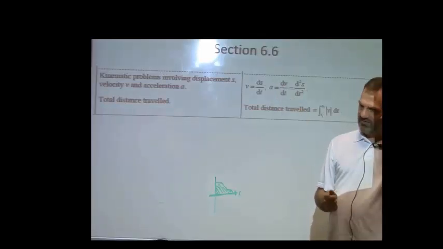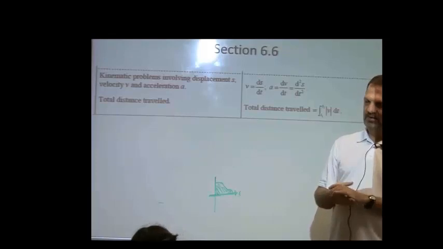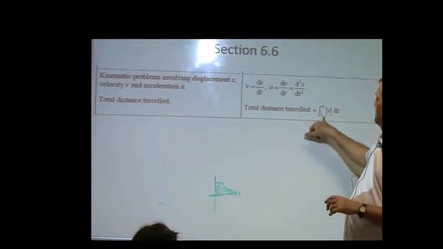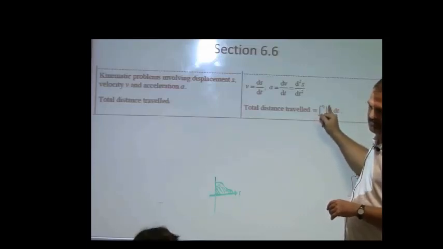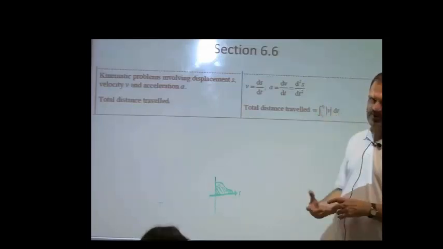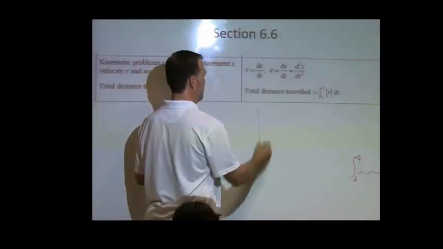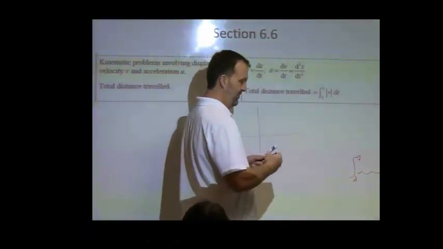And your distance traveled will always be, basically what they're saying is you'll take the absolute value of your velocity, and that will be your distance traveled. Total distance traveled is, you could say,